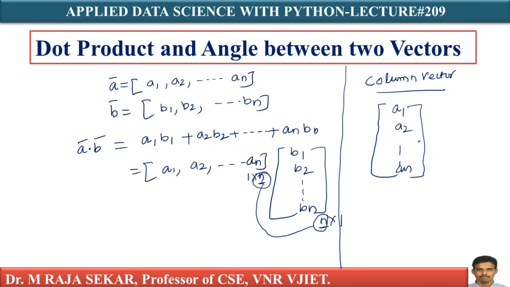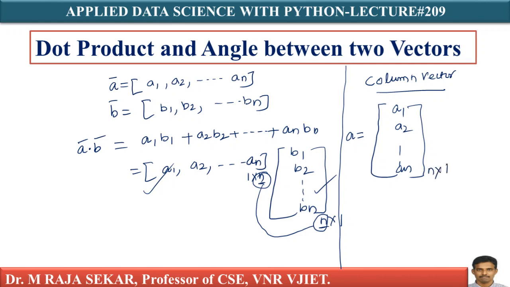So what we have here is a row vector of A. Here my A is a row vector and my B is a column vector. This dot product can be represented like this, isn't it? Because by default, if I say I have a column vector A1, A2, so on, An, let's assume this is my vector A. I can say A equal to A1, A2, so on, An, because the default representation is always a column vector, which is of size